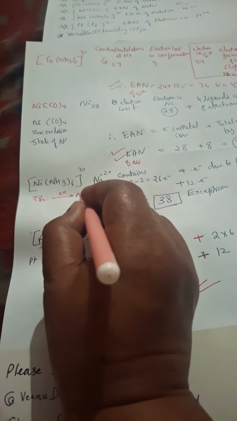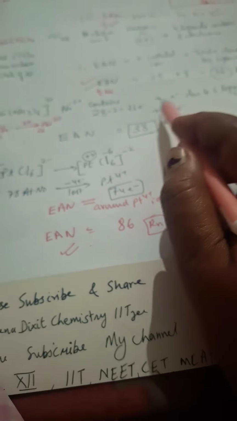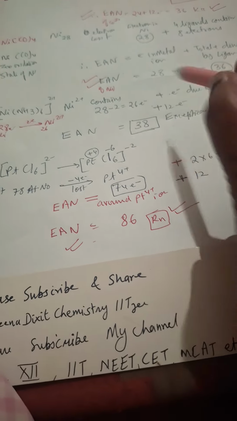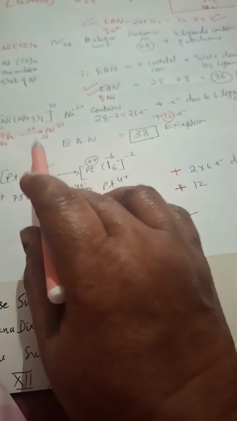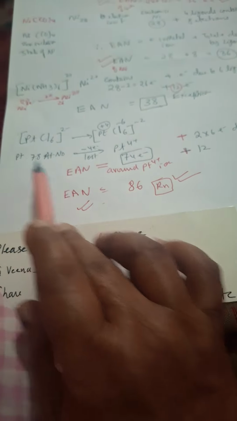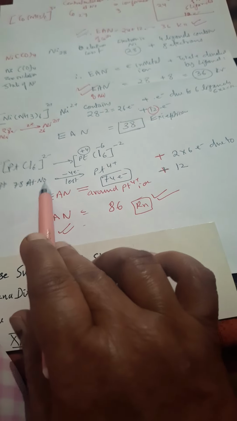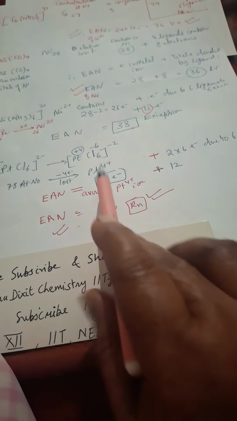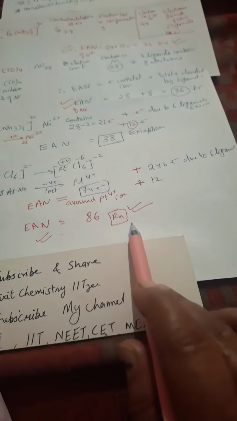So we will get Ni2 positive. So this is for nickel 2 positive, 26. Here how many electrons? 26. Plus here we have seen that 6 ligands, 12, so 12 electrons are donated to nickel, so there will be 38. So it is violating the EAN rule. But PtCl6 follows the EAN rule because Pt has atomic number 78, 4 electron loss, Pt4 positive, so 74 electrons remain plus 12 electrons added, then it is radon, 86.